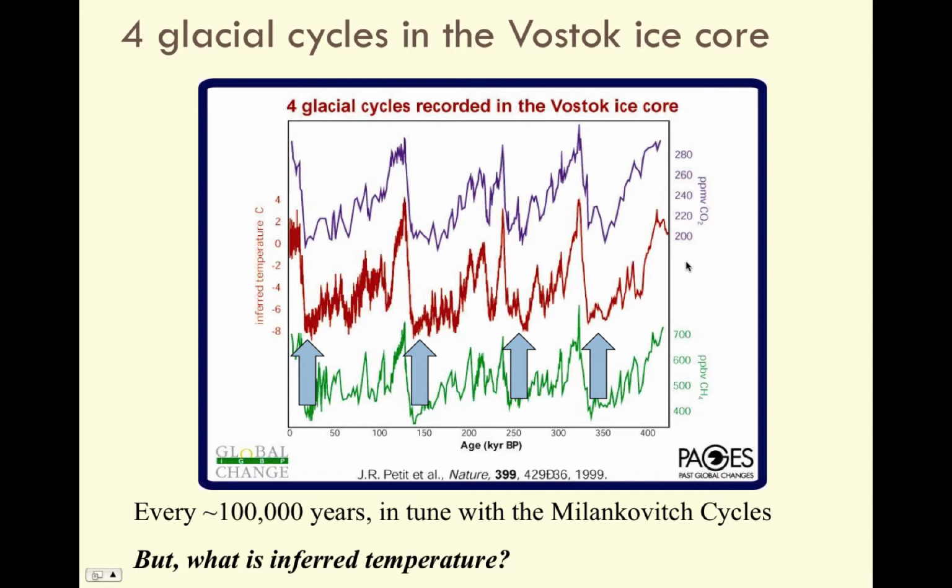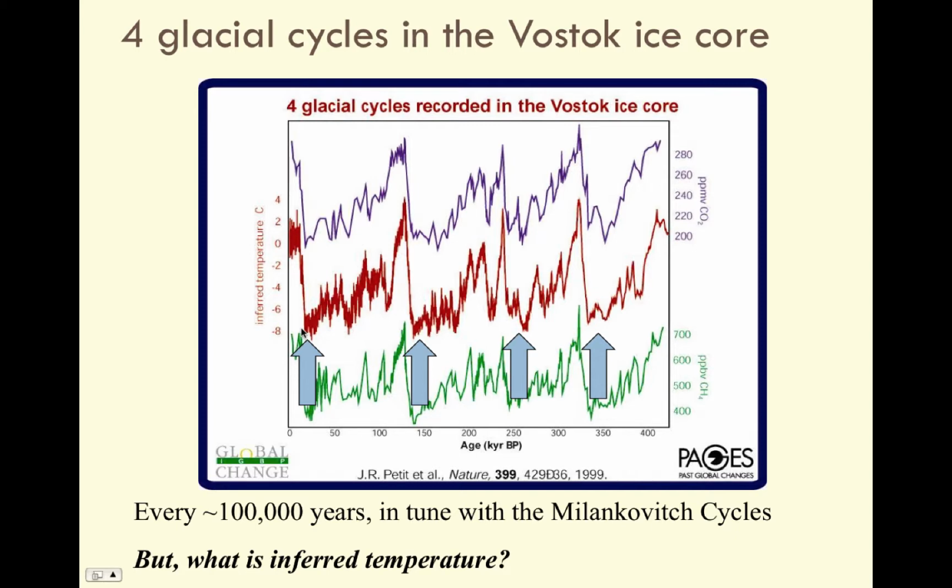And so one thing you cannot say here is that it's definitely CO2 rising and falling and that's pushing the temperature. As we'll see later on in the course, there are ways that temperature can change the amount of CO2 in the atmosphere too. So we can certainly say for now they're well correlated, but we'll have to look further for more evidence of causation. All these arrows are pointing at glacial periods where the temperature is at its lowest every 100,000 years. And the last one again was roughly 20,000 years ago.